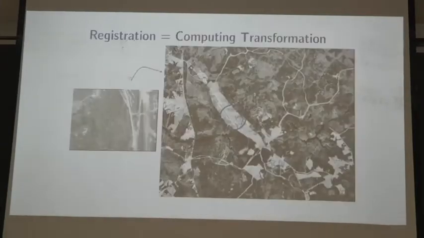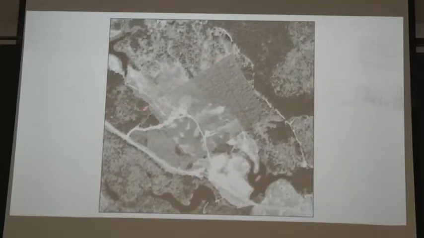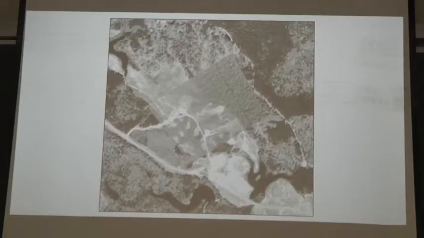Here I'm showing you what you get as a result. So here I've overlaid one of the images on the portion of the background. You notice that it's not just a simple translation; there's a bit of distortion this way because the image was from some angle. But you notice that this is correct registration because you see continuity of features. Okay, so we have found the transformation correctly, whatever the transformation was to do the mapping. So what is the transformation here? It's a mapping of one coordinate system to the other. In this case, the coordinate system of that original image and the coordinate system of the reference image. I'm finding the mapping between them.